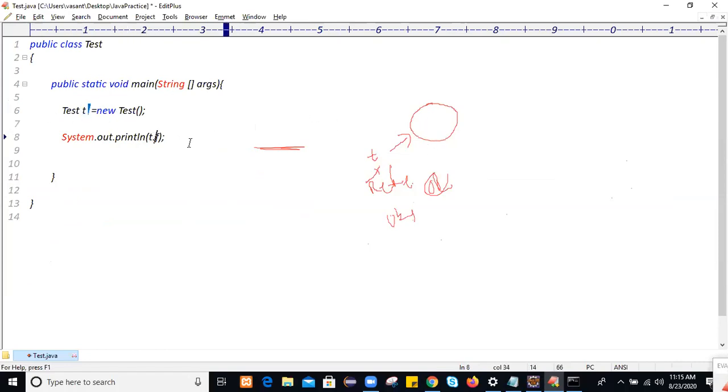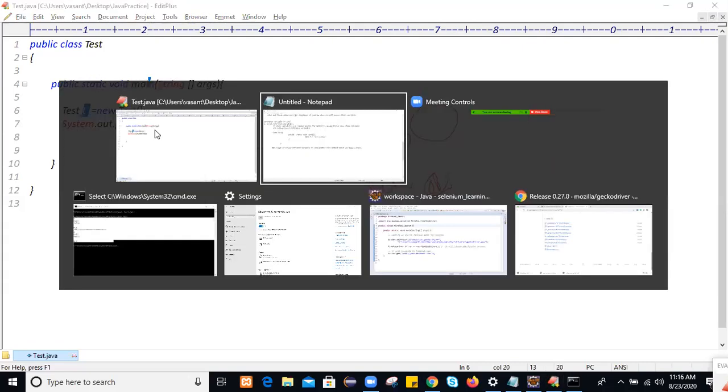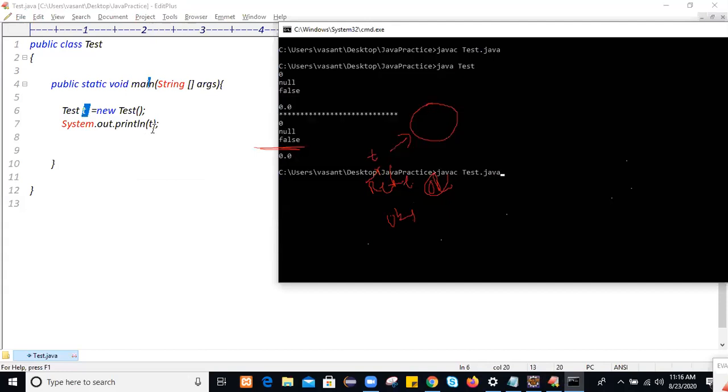If you simply print the reference with system.out.print, this reference variable will display the memory address of this object. Outside this area you can't print it. The scope is only within the main method, because you created this reference only within the main method. If you try to display the reference, it will display the memory address of that object. Let me compile.